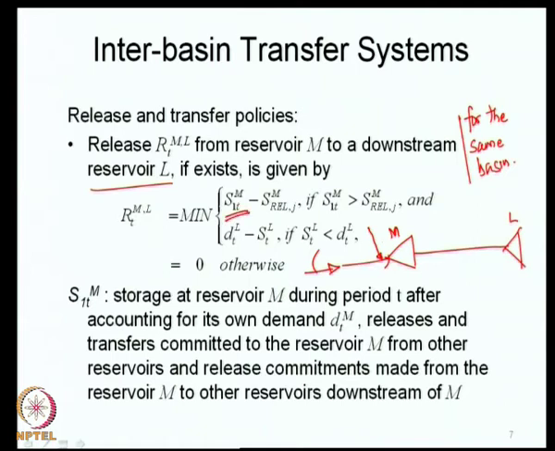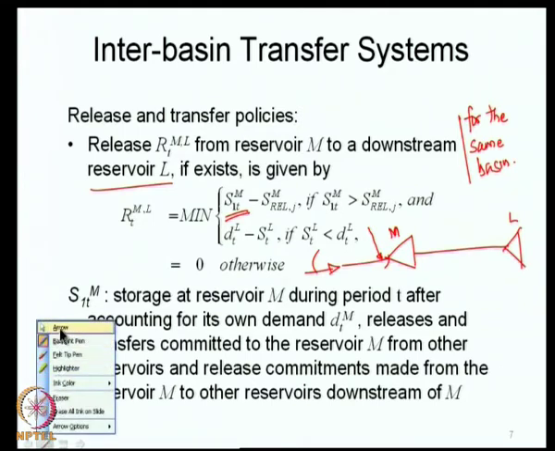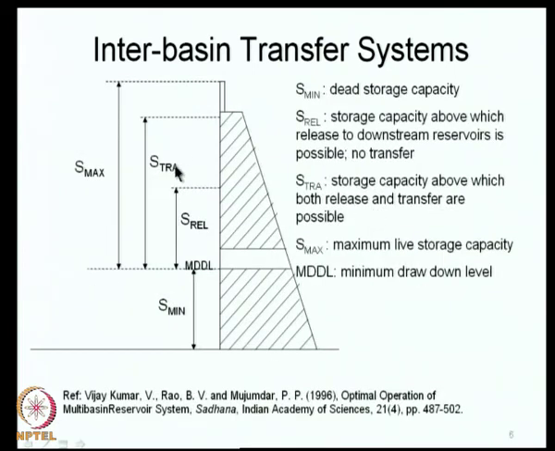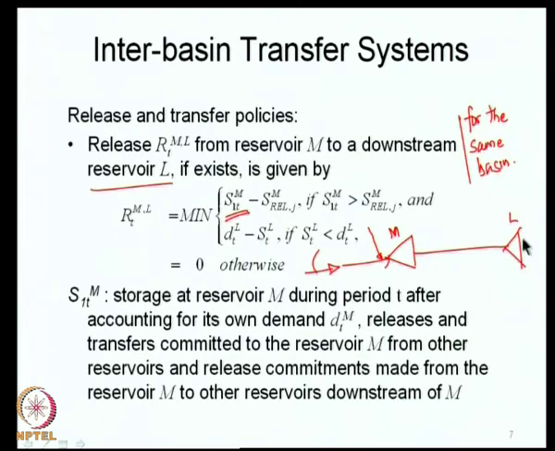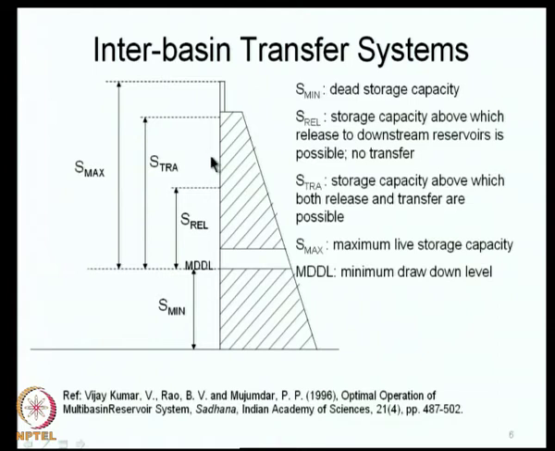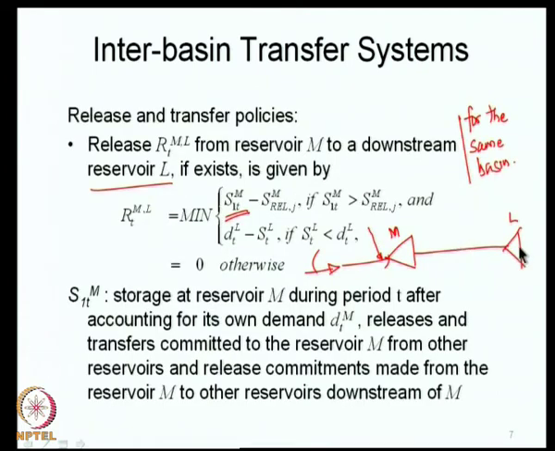So, S1T is the amount of water that is available after you meet the demand and after you account for all of this. And if this S1T is greater than SREL, that means you are here now, after accounting for all those various variables, you are here now in storage. Then you make the release to downstream reservoir L. How much do you make? You make a release of whatever is in excess here or whatever is demanded at this point. So, you take the minimum of what is available here or what is deficit at this point.